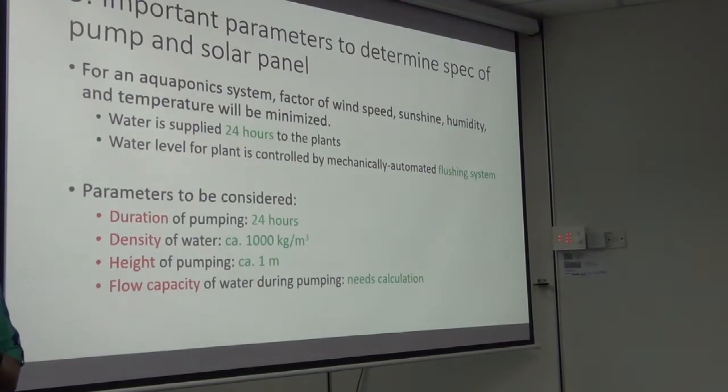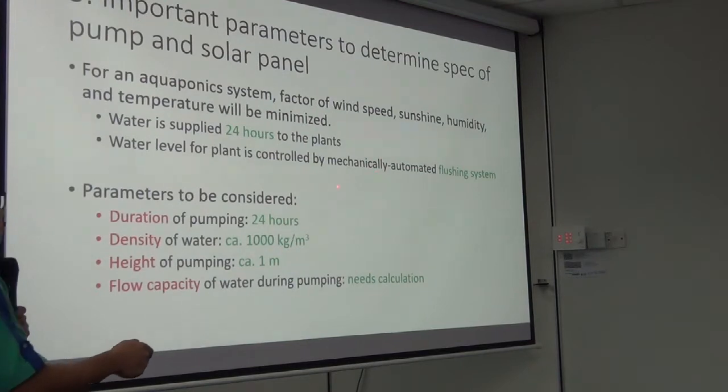So important parameters to determine the spec of the pump and solar panel. For an aquaponic system, the factors of wind speed, sunshine, humidity and temperature will be minimized. Water is supplied 24 hours to the plants. Water level for the plant is controlled by a mechanically automated flushing system. This is our 1.0